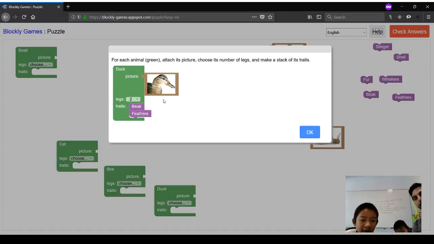So can you read this? What does it say? Duck. Duck picture legs. What do the instructions say here? Can you read that? For each animal green is attached to